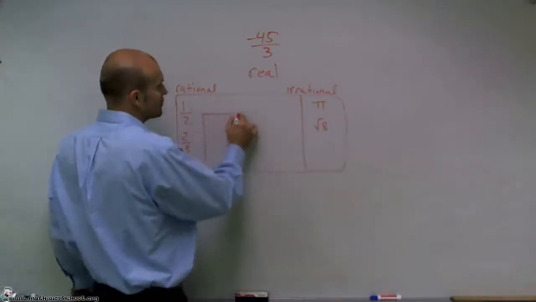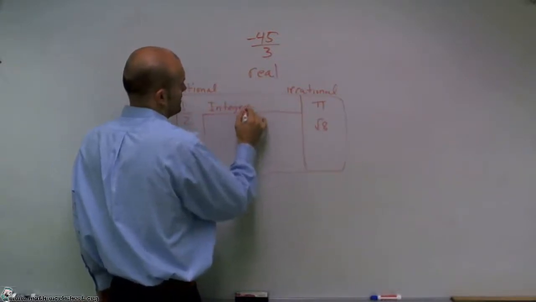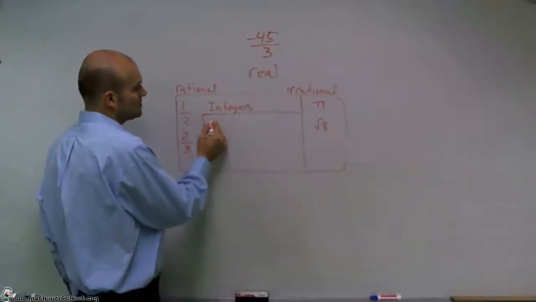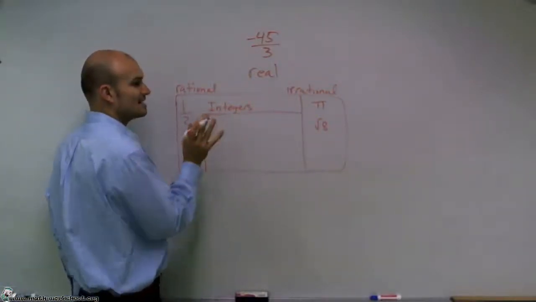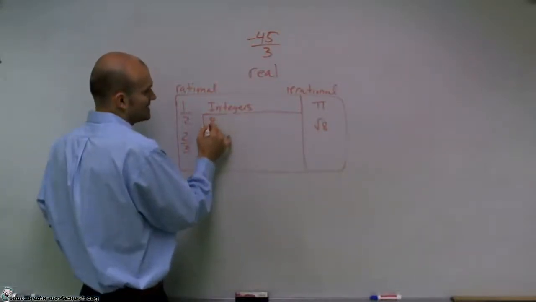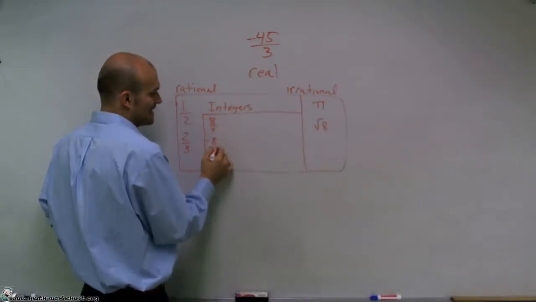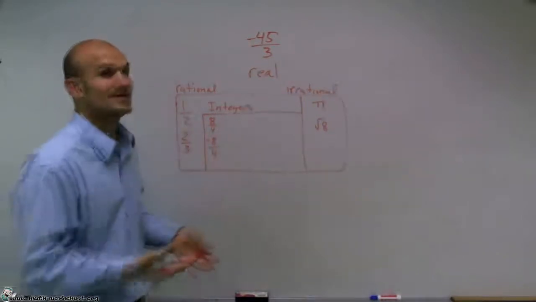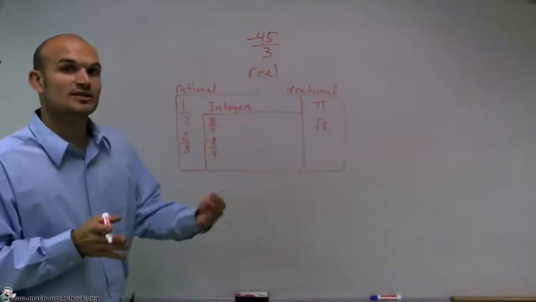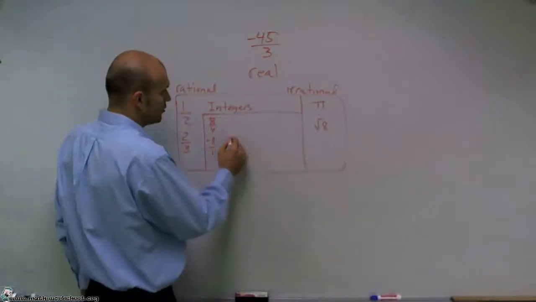So the next one we're going to work on is integers. And integers are special types of rational numbers, for one reason: they give us whole numbers. Meaning, 8 divided by 4, we know, provides us with 2. And also we can work with negative 8 divided by 4, which equals negative 2. So integers are whole numbers, but they also include negative and positive numbers. Whereas whole numbers